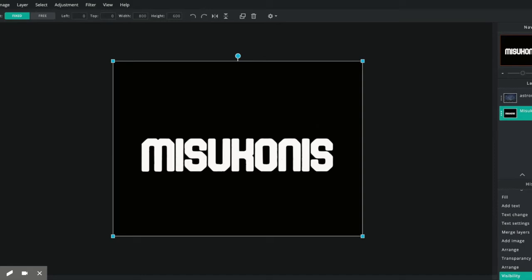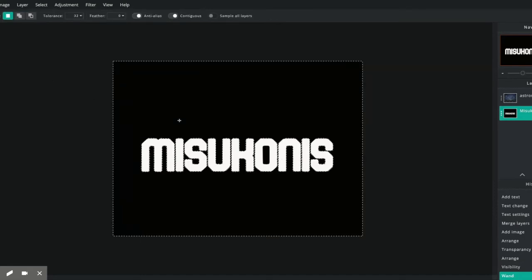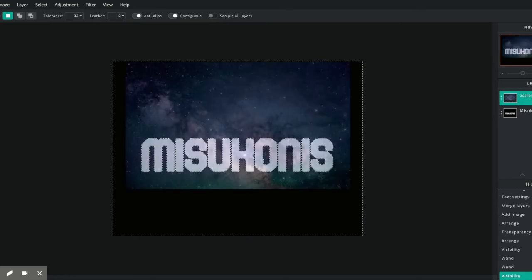And I'm going to use the magic wand to select the outside. I also have to select any of the letters that are trapped by the letter. You see right here in the O, it doesn't have those little dashes around here. So I'm going to hit Shift and click there too. So I'm selecting inside there also. Okay. Now I'm going to go back to the astronomy picture, turn it on,